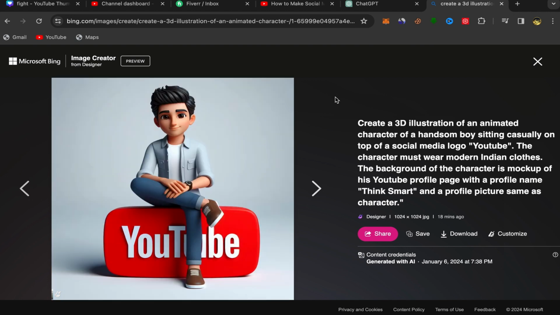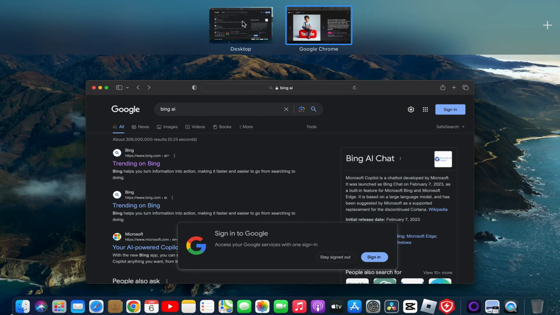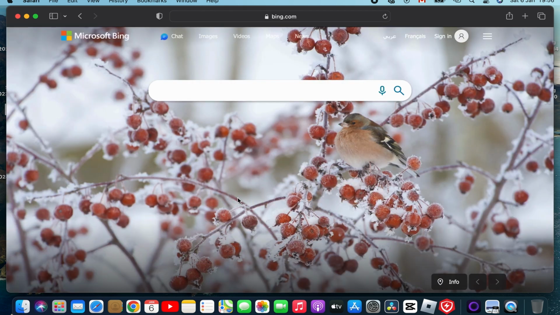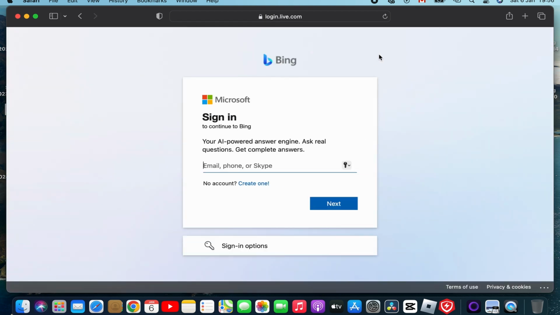So let's get started. What you need to do first is go to Google and search for this website. Okay, search for Beam AI. Click on the first link over here like this, and it's going to take you to this page. Click over here on sign in. If you don't have an account with Beam AI yet, click on sign in, and it's going to take you to this page. Click on create one,